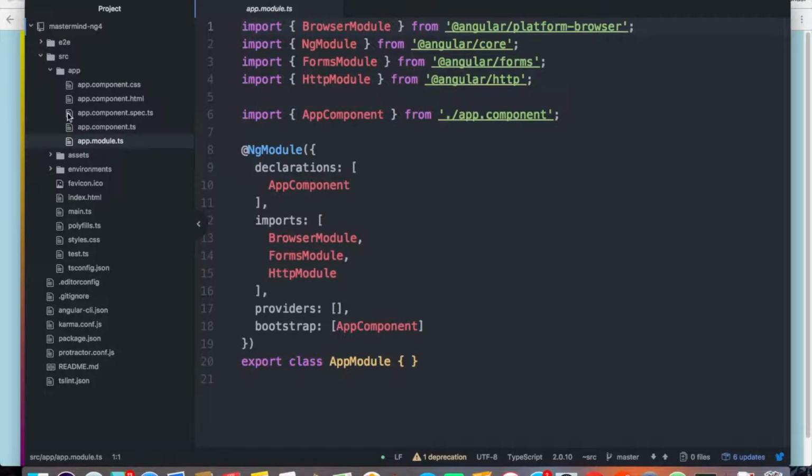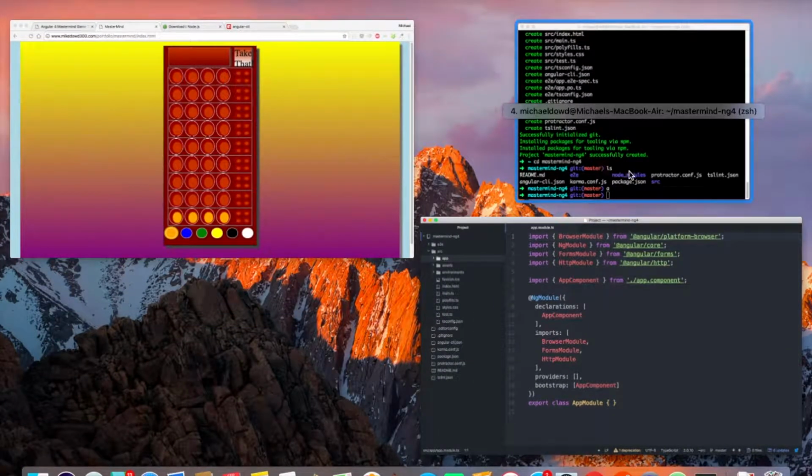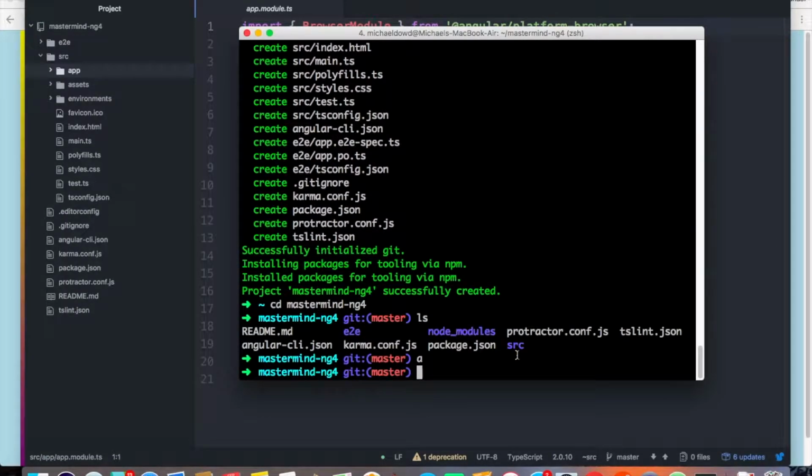And I want to make some components. Where should I put them? Well, the thing about the CLI, the command line interface, is I'm just going to tell it I want to make a component, and we'll see where it puts it. Okay, so how do I do this? ng generate